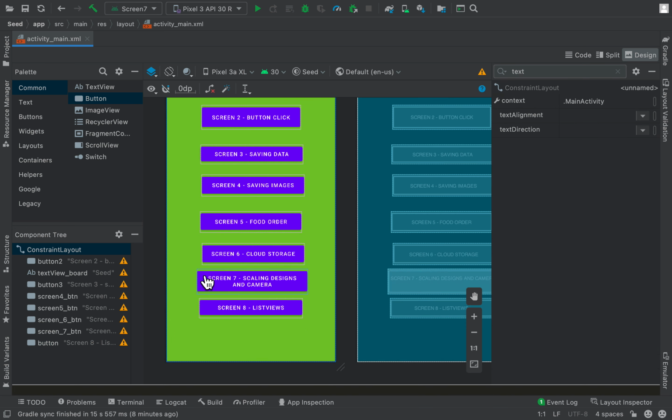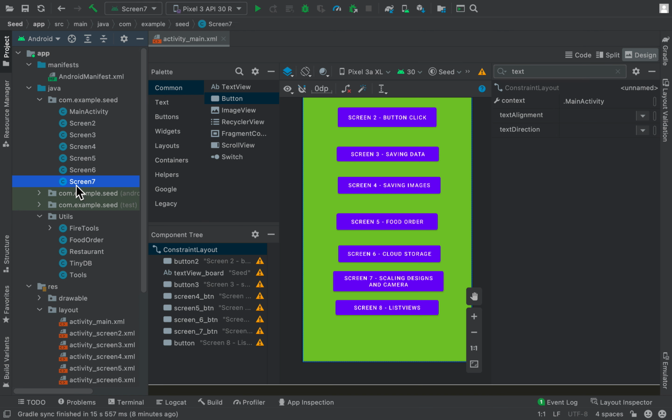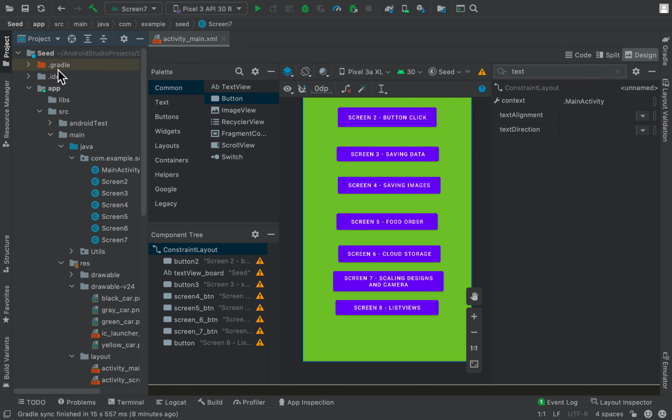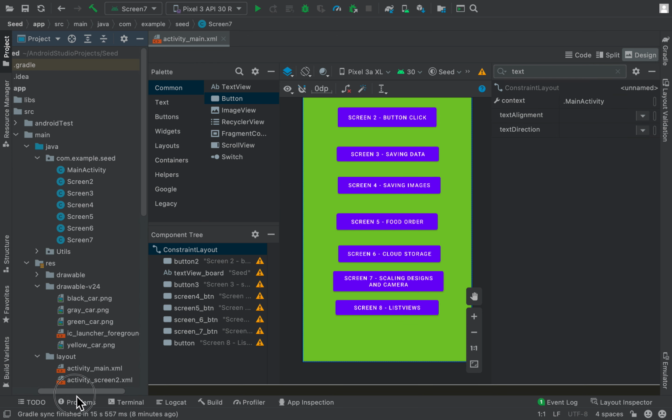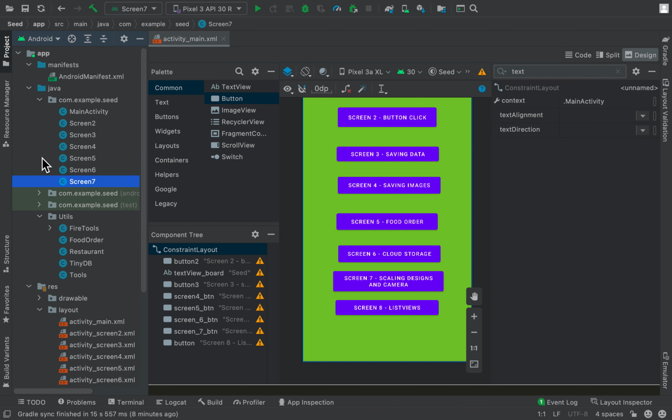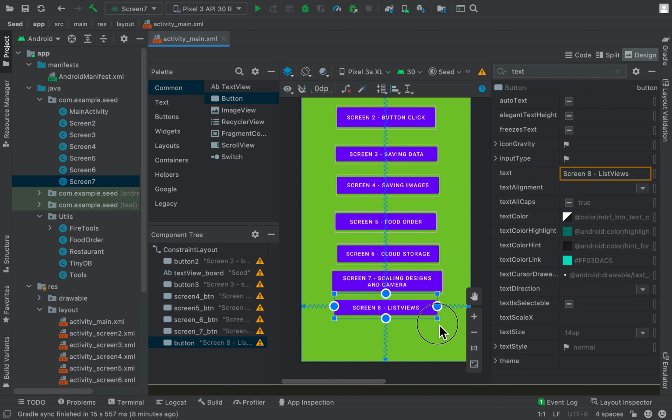So the next thing we're gonna do is to create the screen for this and then connect this button to that screen. So the last screen we created was screen 7 over here under our Java folder. By the way, just in case this is not the structure you're seeing, you can change the structure from here by clicking this. It will probably be in project. It's gonna look partially different, but it's really the same thing. The simpler form is to have it looking in the Android form, but the files under the hood are still the same. So let's create a